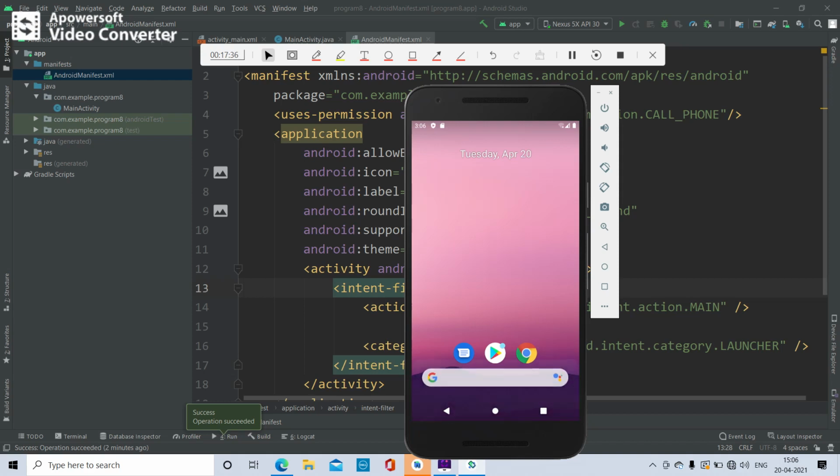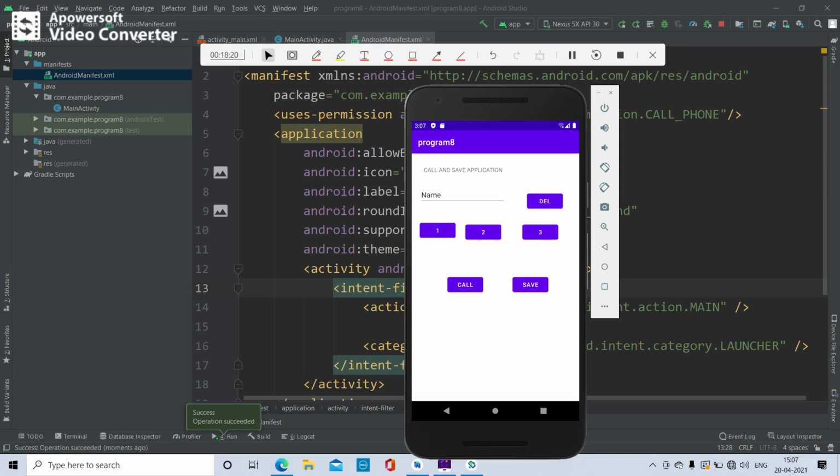So for this purpose, how can you check? You can either build the APK and transfer that APK file to your mobile, and run this app there, so that the dialed number will be dialed because there is a SIM card in your mobile. Or you can install the AVD launcher, where you can see the app in your mobile. Now you cannot see the app because it cannot call.